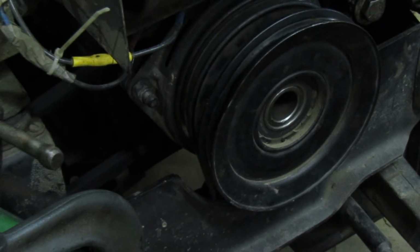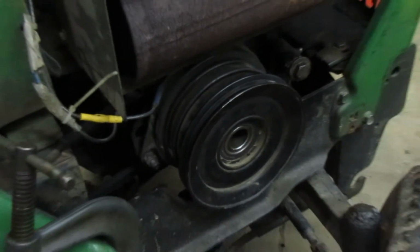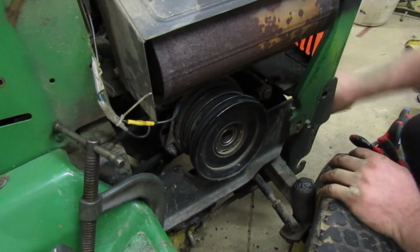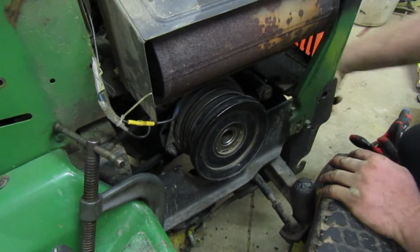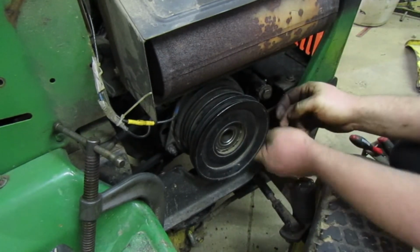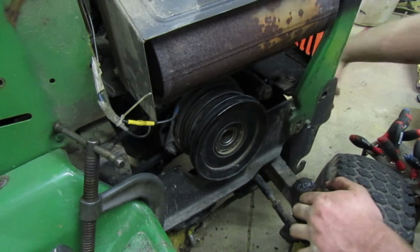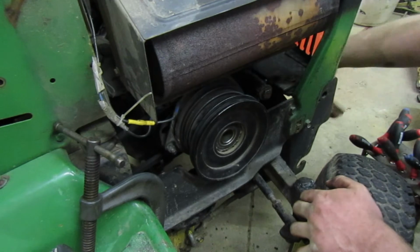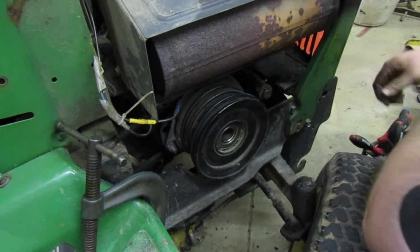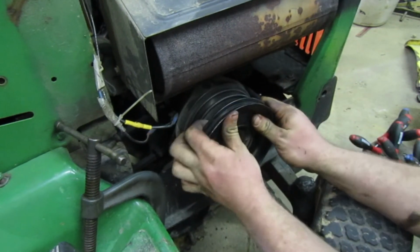Now we could probably belt off back here, make it that much easier. Yeah, I can't. Oh, that's right. We tightened that down as tight as we could. Zoom you guys out so you can see a little bit more of what I'm doing. I want to get the belt loose enough where I can get it off something here. I can't move the clutch. The clutch is tight right now, so once I get this off of here completely, we can take the mule drive back off. Take that off. Oh, we gotta take...